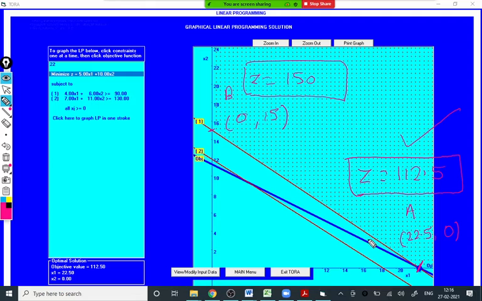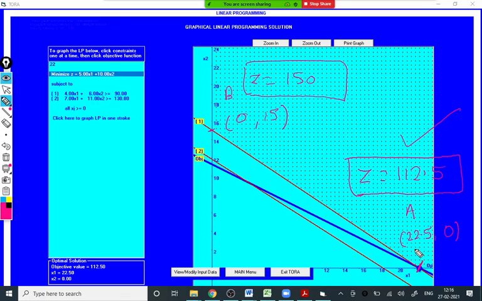This blue line is a different concept. What is the concept of that blue line? I will tell you. You don't have to show it in the exam because you cannot show that animation. Actually, there are types of solution. The types of solution depend on the slope of the blue line. Right now you will observe the slope of this blue line and the constraint are different. Because of that, they are intersecting at a single point. Whenever the slopes of the objective function and the constraints are different, generally they intersect at a single point and you will get a unique solution.